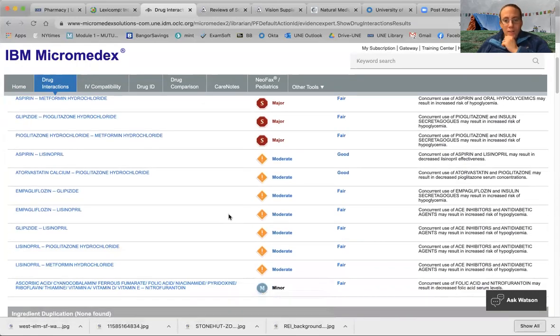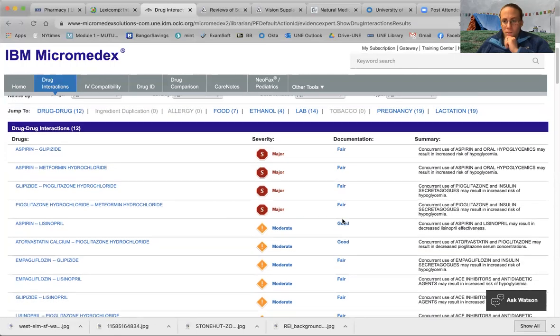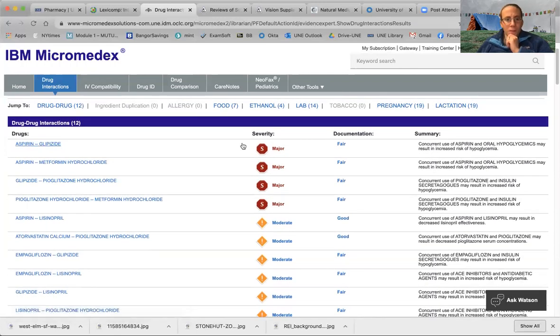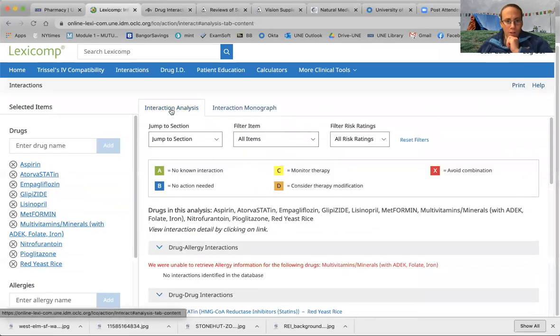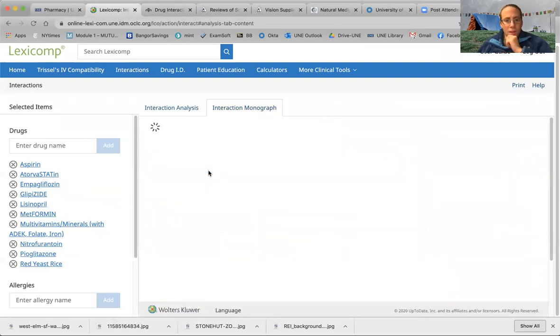So Micromedex does it a little bit differently. They're listing severity and then level of documentation here, and then summary. So whereas this aspirin glipizide interaction on Lexicomp, let's see, aspirin glipizide was a level C, and it said depends